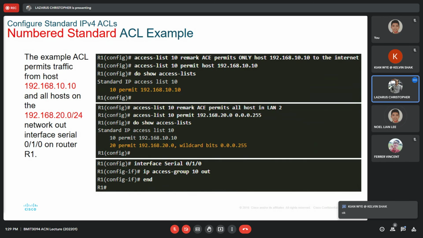So the remark acts as a description. Yes, the remark is basically a description. It's like in programming code, where I put a comment, so it's easier for you to have a look, right? I think it's under a different command. Show access list will just show you the access list, but I think another command will show you